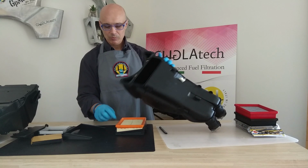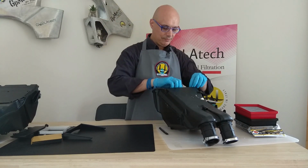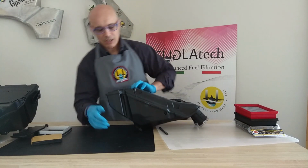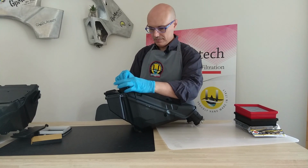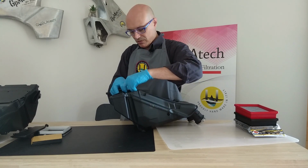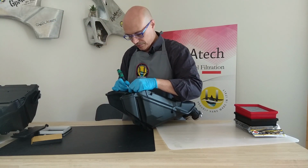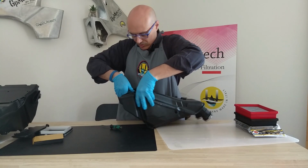So you will put the grease inside the airbox, grease the rim of the filter itself. You insert the filter normally. And once you're here, you put the wedge back. Before closing, you insert the rubber on top of the wedge, like this, okay? Then you just slide it down, give it a bit of slack. You help yourself maybe with the screwdriver or something to insert the foam between the two. Push down,